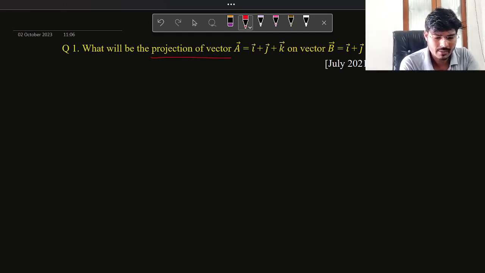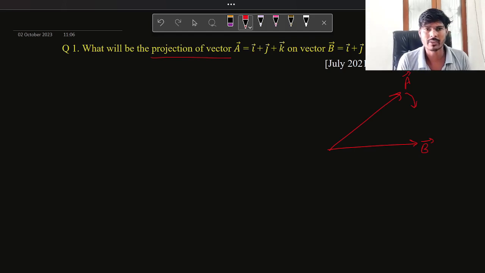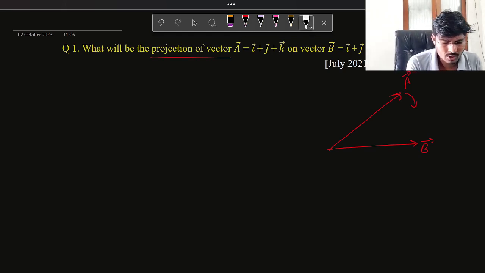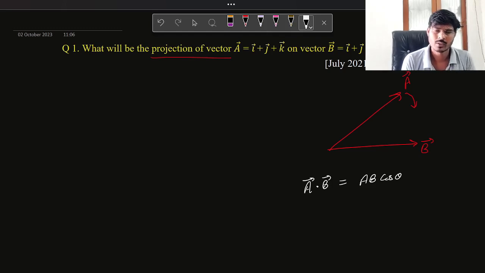B. We are here with a vector b and with a vector a, and we have to calculate the projection of vector a along the vector b. So let us first understand the concept, what we have to use here. That is quite simple. If we talk about the definition of the dot product, that is a dot b is equal to a b cos theta. Okay, it is simple. Here, according to this diagram, we have to calculate the projection of A along B. That is, if this angle is theta, then the projection will be